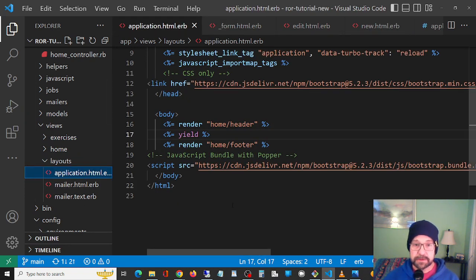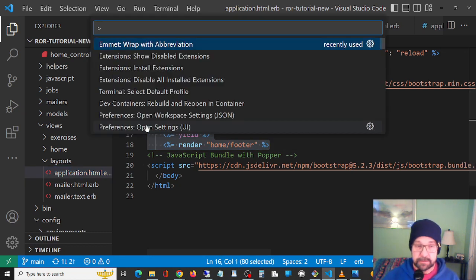So we want to put a Bootstrap class called container, which puts everything in a little container and gives it a little margin. So all we need to do is wrap the whole thing here basically